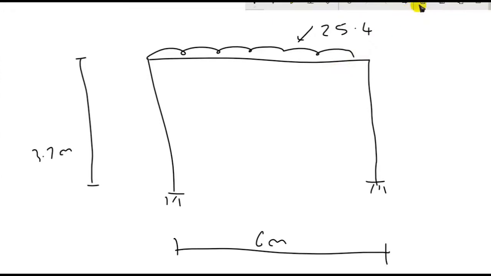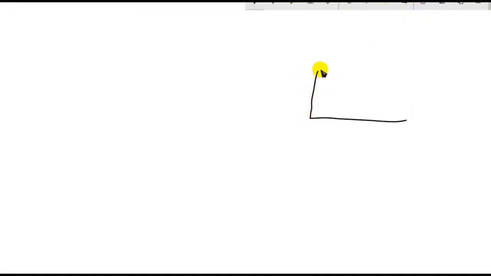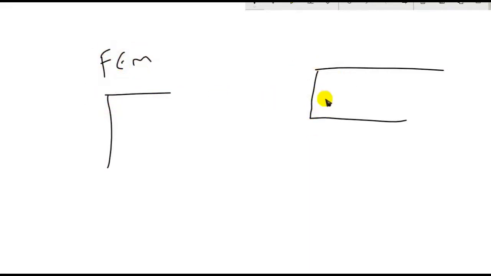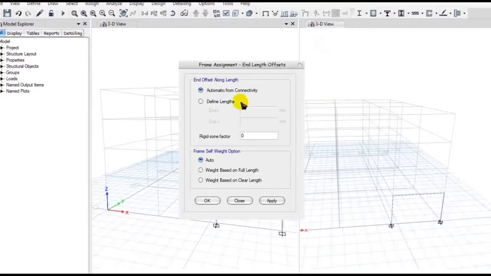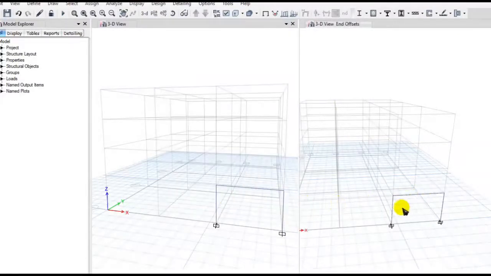From the option, it means that I selected beams. Beams shall be right away connected right at the center of the column in normal FEM models. But you know, in the software, the beam shall be displaced half the distance of the column. If the column has a width of B, the beam shall be offset B by 2 right away from this distance. So we don't want to do that, so I'm defining a length of 0 for the beam, and the same case for the column, selecting the column